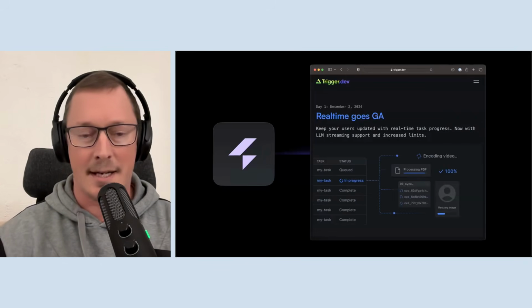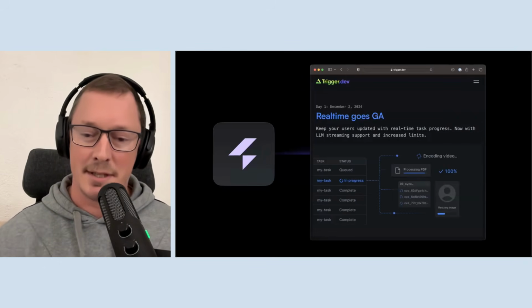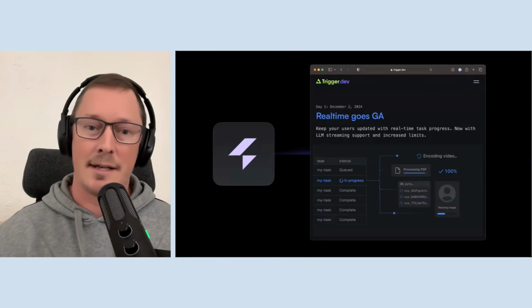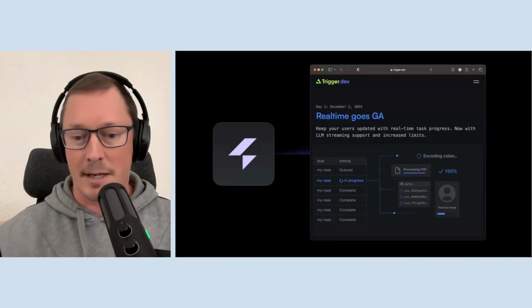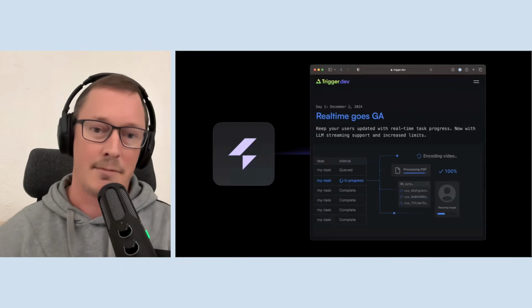And just as you can use Electric on its own. So you can use Electric to sync into a database, but you can also just sync into something like a JavaScript object or a Redis hash, basically any way you like. And this is an example of Trigger.dev, who are like a background jobs processing platform, and they use it just to sync data into JavaScript in memory for their real-time dashboard.